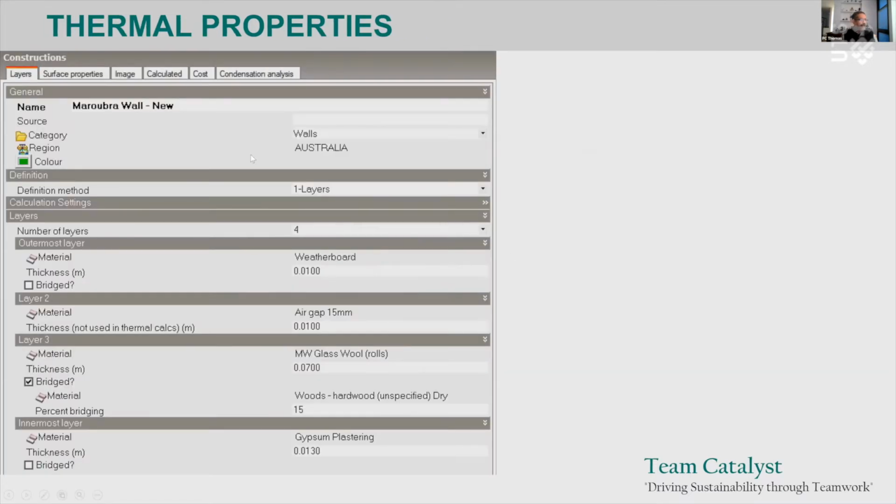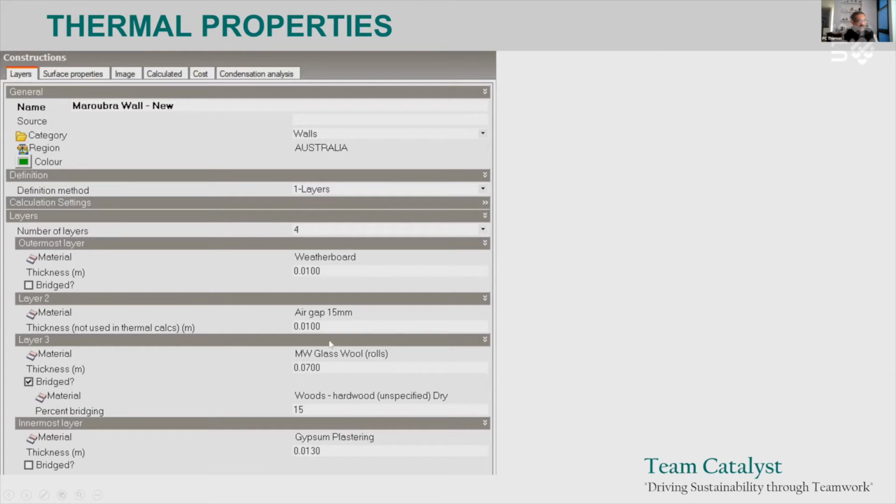So here's the representation of the construction in the model. 4 layers: weatherboard, air gap, insulation, gypsum plaster on the inside. The thing to look at is that here I've ticked this box saying that the insulation layer has been bridged by hardwood.